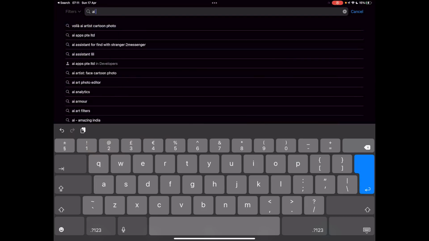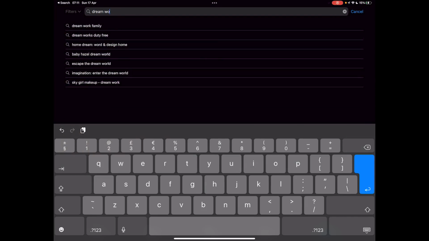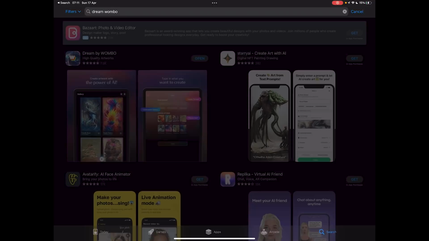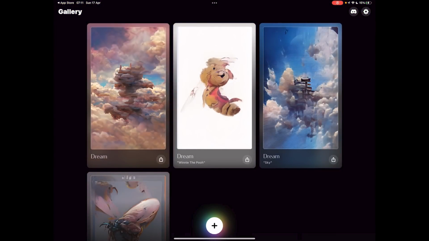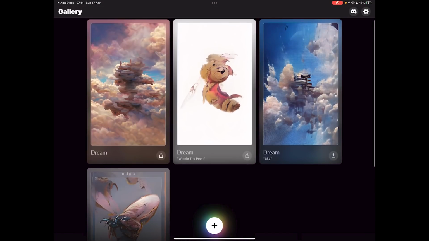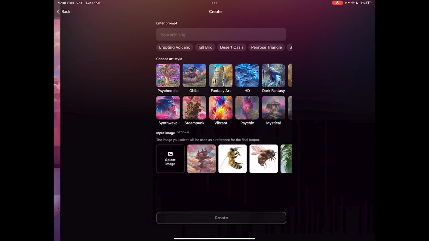So instead of typing AI art, I think the easiest way is to type dream, and then Wombo is the word you want to make sure you put in, WOMBO, and there you've got Dream by Wombo. So let's just open it up. And as you can see, here's some that I've published, but we just want to go straight on the plus